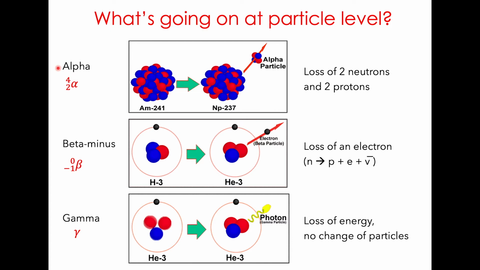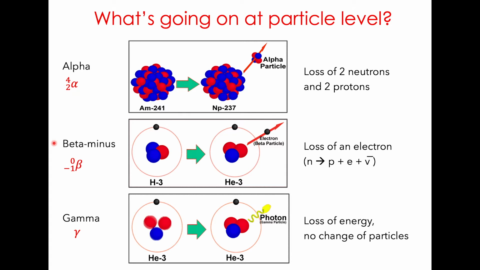It's therefore denoted as helium-4 (4,2 He), as it's made up of 4 nucleons, 2 of which are protons, or 4,2 alpha. The 2 protons make this positively charged, a charge of +2. It's heavy and slow, relatively speaking, crashing through matter rather like a bowling ball, causing lots of ionisation because of its charge. So the parent decay results in a new daughter nucleus being created, containing a different number of protons and neutrons, and because the proton number has changed, an atom of a different chemical element is created.